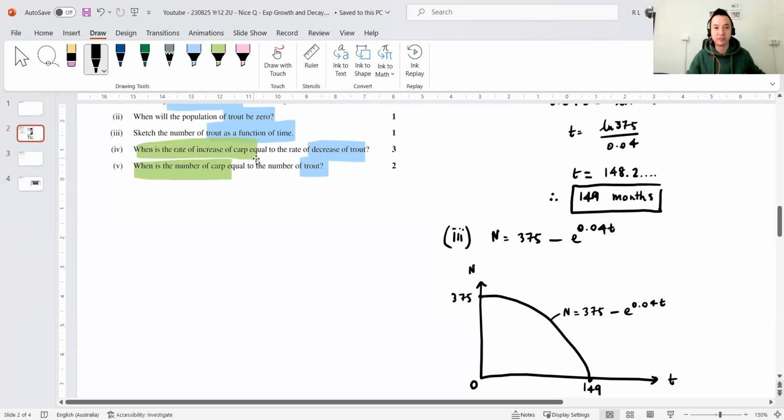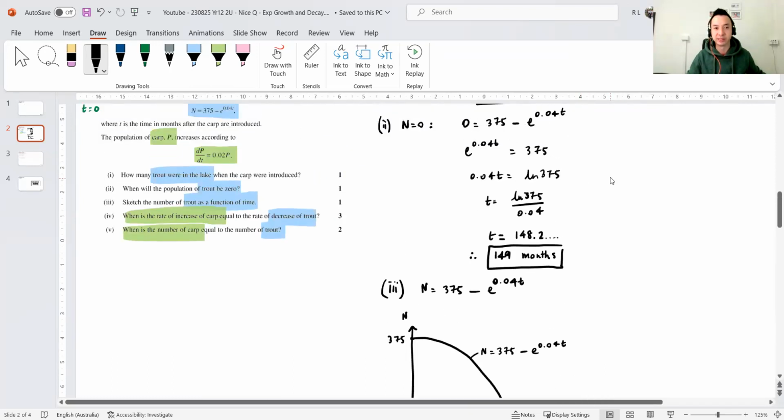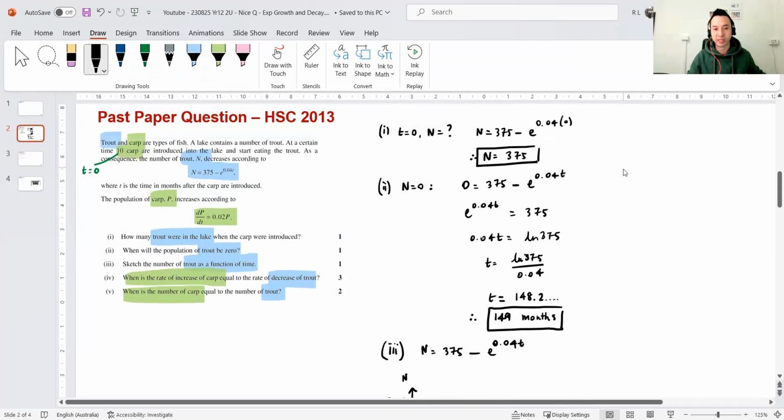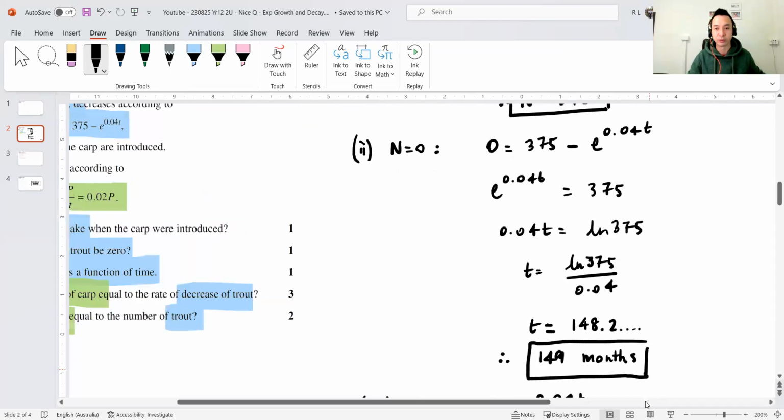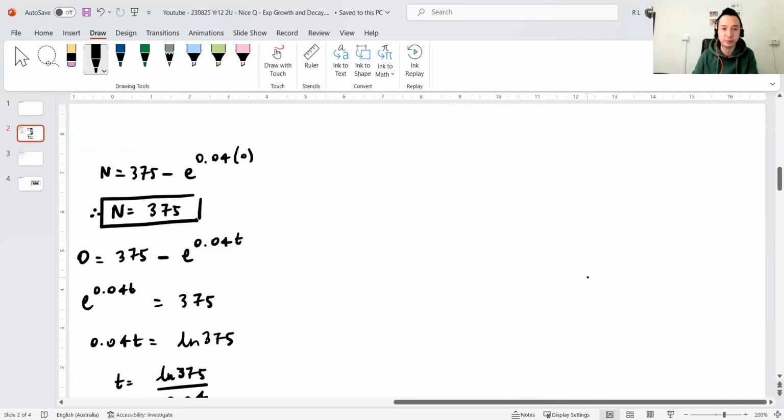When will the rate of increase in carp equal the rate of decrease in trout? So basically set the two dP/dt and dN/dt to be equal, right? I'm just going to zoom in, part 4. I already have dP/dt, right? This is carp, that was a green,